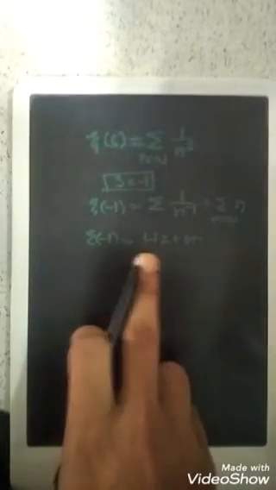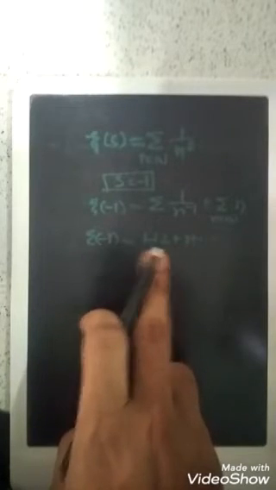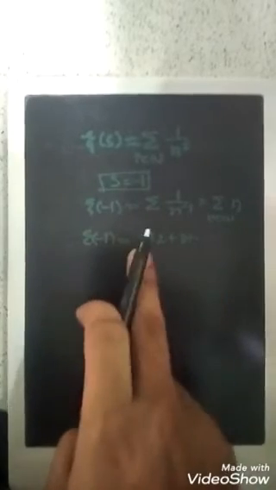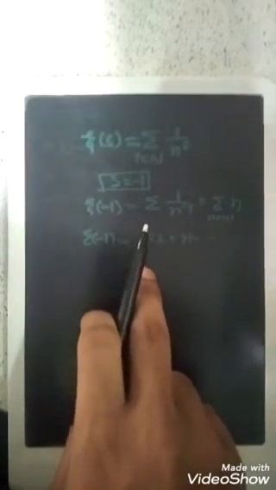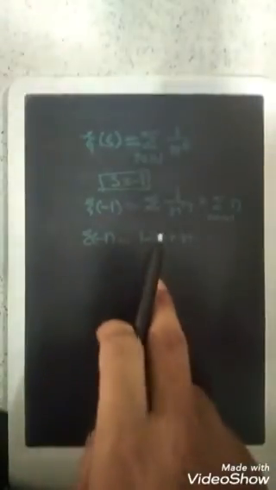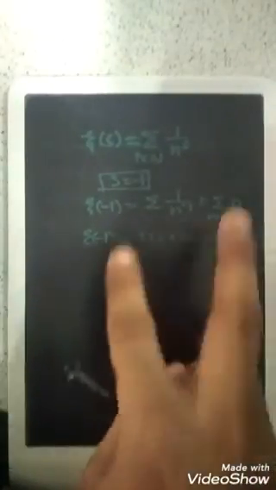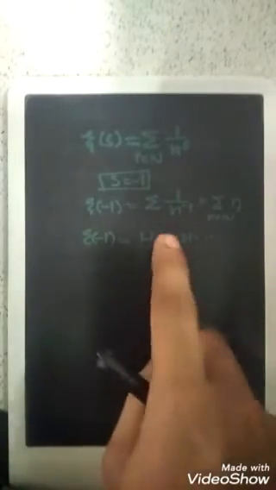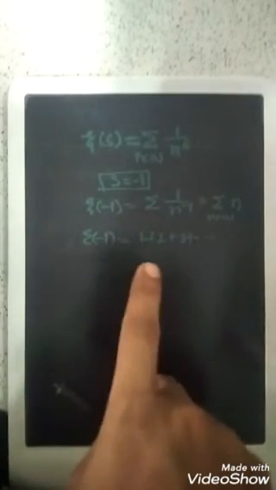But the sum of natural numbers will always diverge. So how can one equation have two answers? We know that this series diverges and the answer is infinity, and we have just proved that the sum of this series turns out to be minus 1 by 12. So how come one series has two different answers? The answer depends on the context. In general this series diverges, but in analytic extension this series has the sum minus 1 by 12.